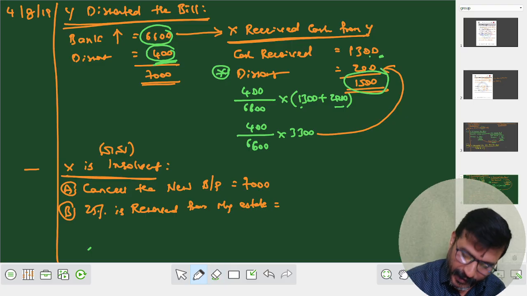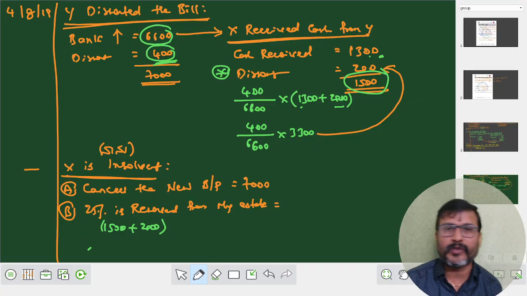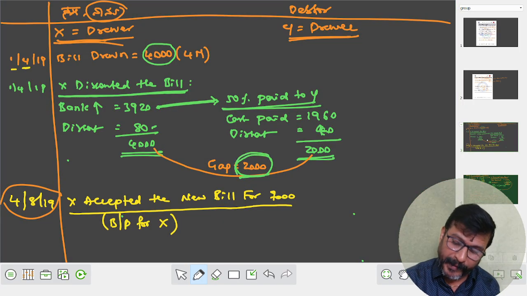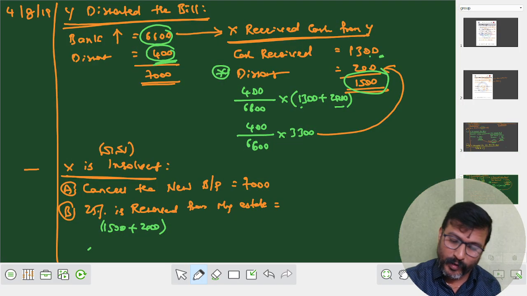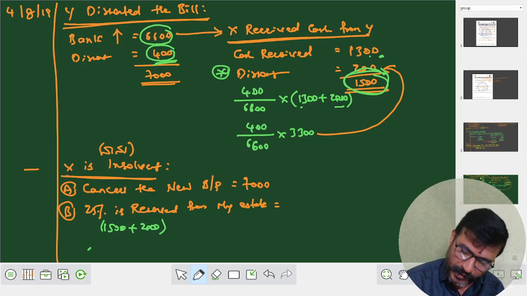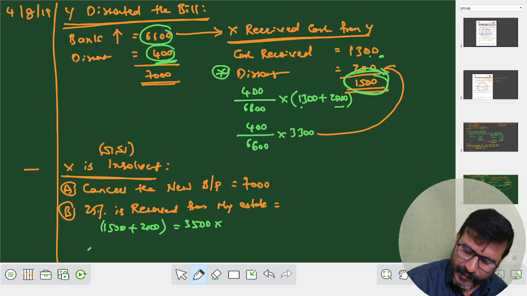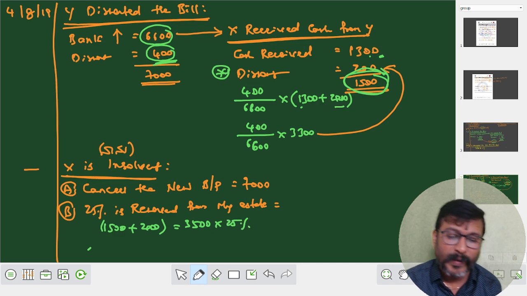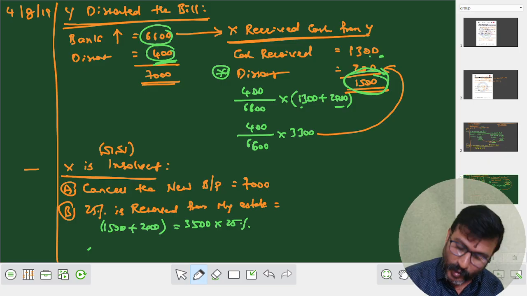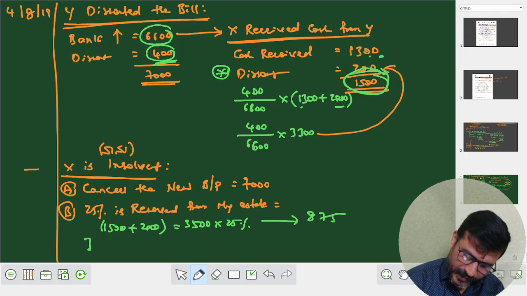Take this 1,500 plus gap of 2,000. This is very important, my dear student. You have to take this 1500 plus gap of 2000. The total comes to 3500. In that 25% is recovered. 25% comes to rupees 875. Balance 75%